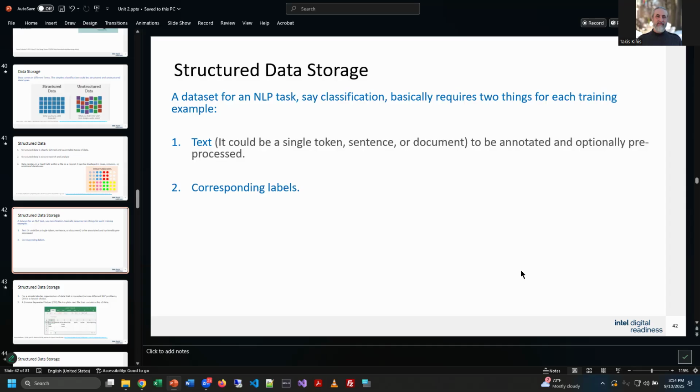So for example, if I sent an email, an email has different components. It has a from and a to, like email addresses, a subject line, maybe a CC and a BCC, and then there's the body of the message that has text in it. But if I, for example, say emails from Ty, that's kind of a label, and then the text of those emails becomes the data, right?